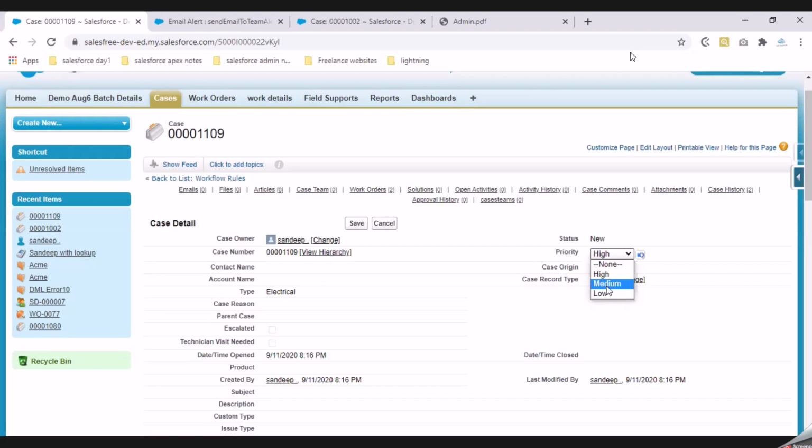Alright, so this is an exercise for you. Feel free to go through that workflow rule once and understand how many workflow rules I need to use to get this requirement done, and how I can get that done. The answer to this question is with your workflow rules. You can get this requirement done using your workflow rules. But how